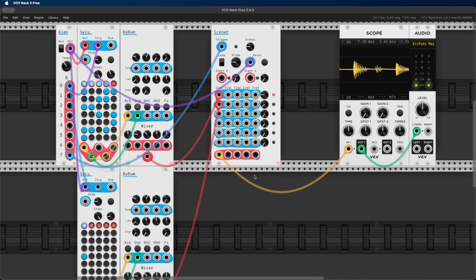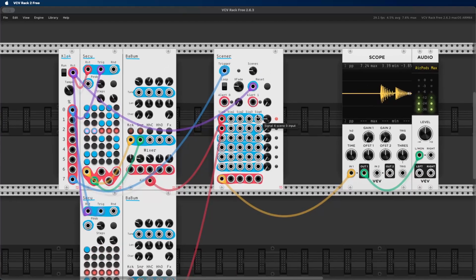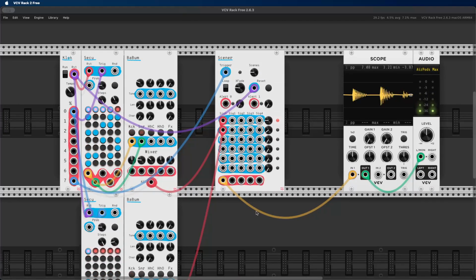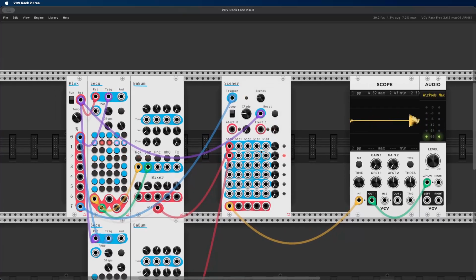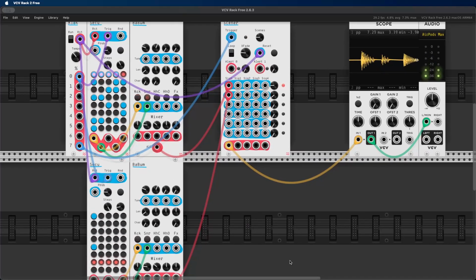Perfect. And you can use all of the 5 channels in this scener to make different compositions. I know that 5 is not a really canonical number for music, but I just liked the size of the module and how it works with the 5 elements. Okay,